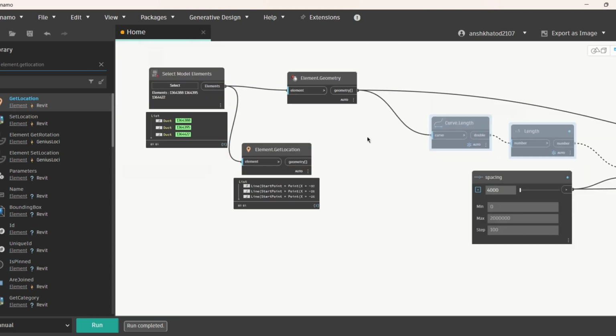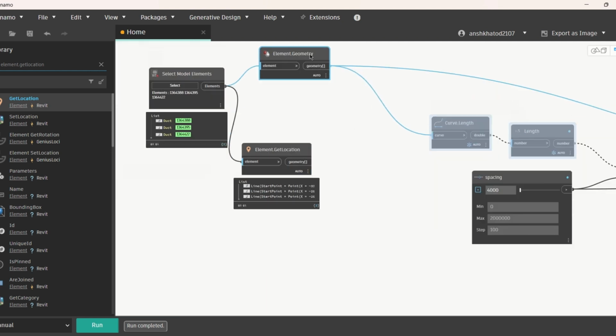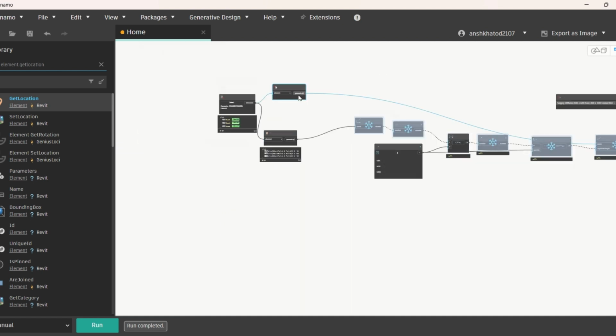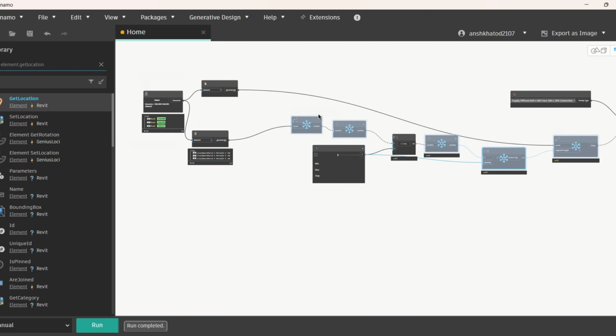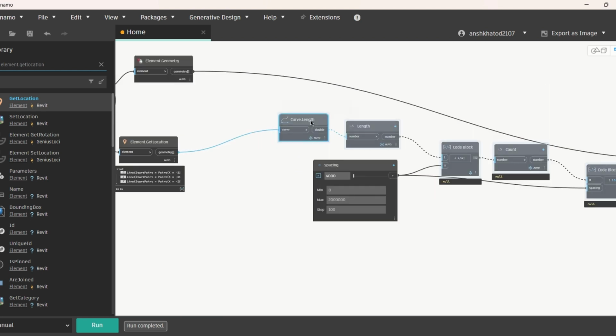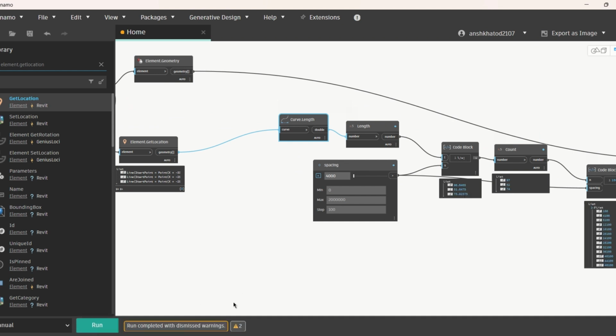Now can we adjust the curve to this one and the geometry to this one? Let's see how we can fix this one. Okay, so let me unfreeze this node in the first place. Okay, now let's try again. Click on Run command, and